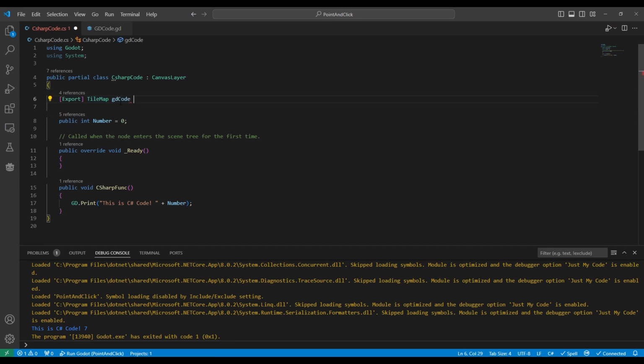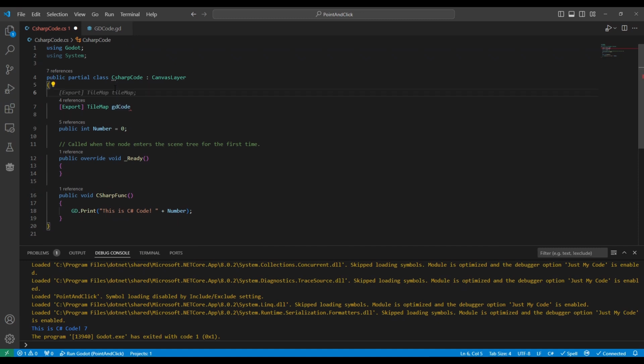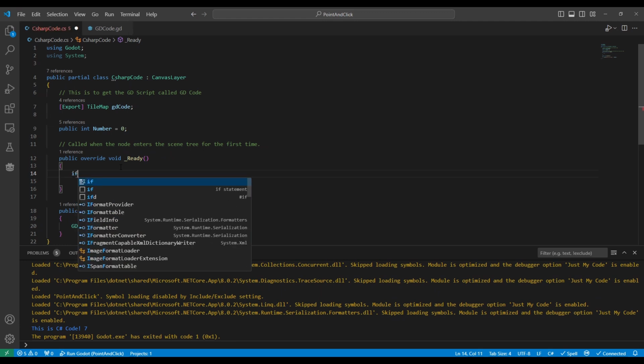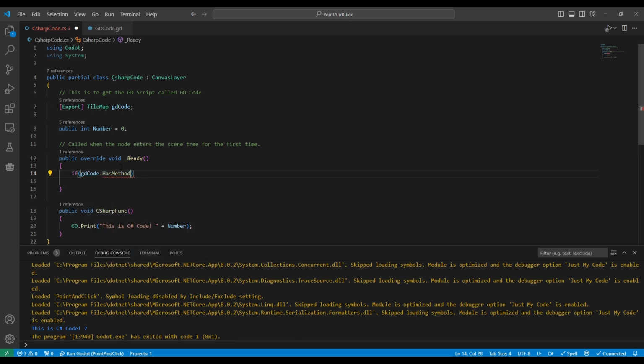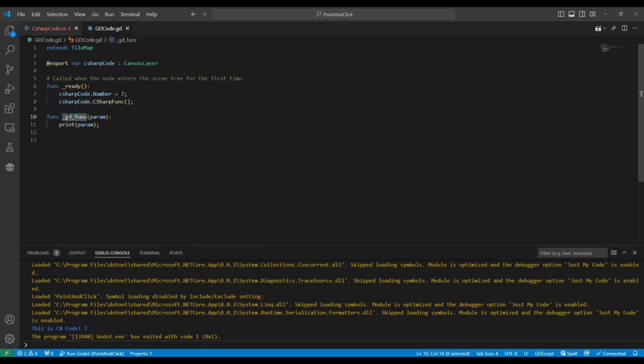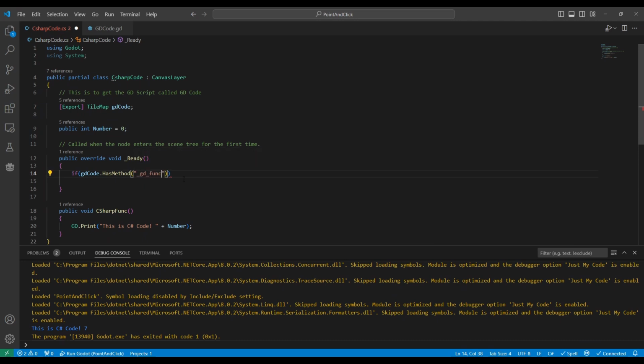Since we are grabbing the tile map, you may want to make this name very clear that that's what you're going for, or you may want to leave a comment up here that this is to get the GD script called GD code. Either works depending on what you like. Okay, so now that we've got that, we can go if GD code dot has method, and then we have to use this method system here, and we'll paste in this, boom, like that. So if it has the method,